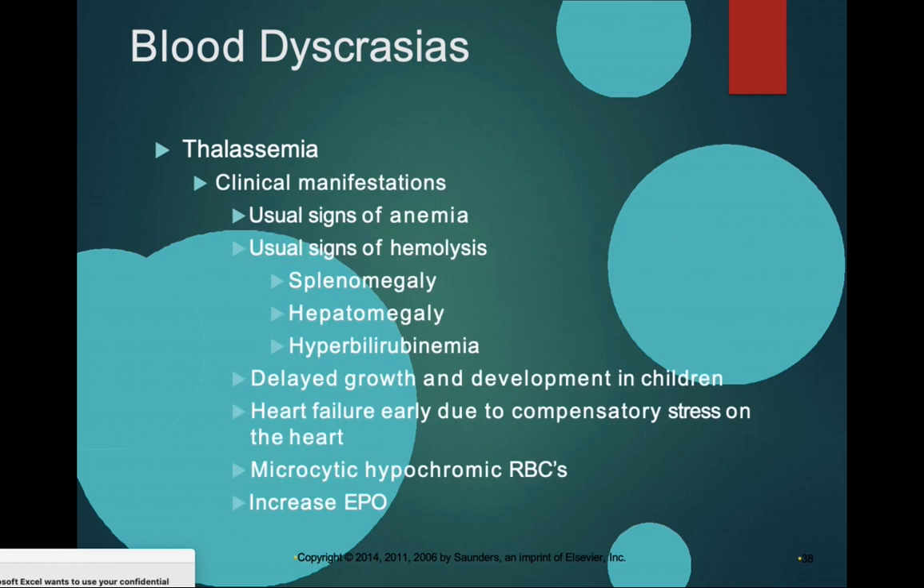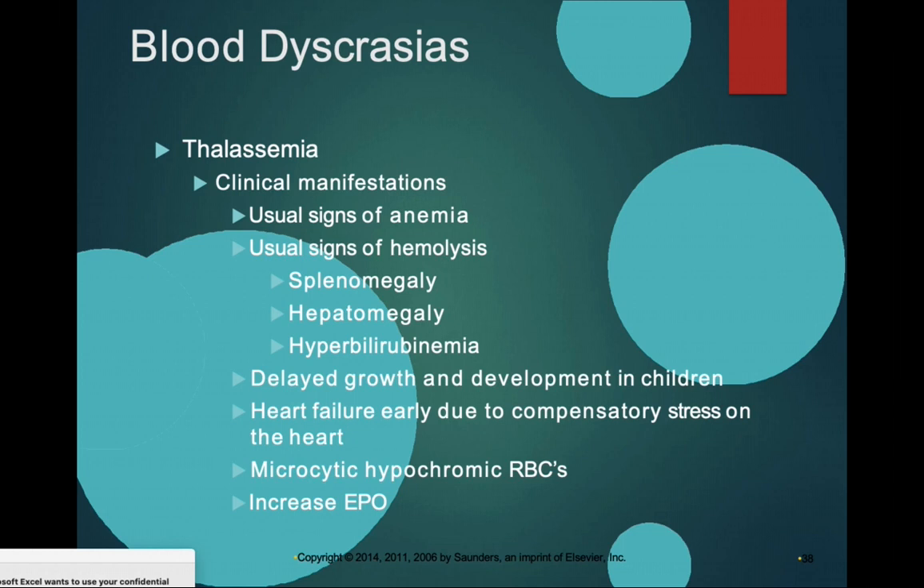Thalassemia, you have the usual signs of anemia, the usual signs of hemolysis, splenomegaly, hepatomegaly, which is enlargement of the liver, hyperbilirubinemia, delayed growth and development in children. There could be heart failure early due to the compensatory stress on the heart. This one shows up with microcytic, hypochromic red blood cells, just like the iron deficiency anemia had, and there's increased